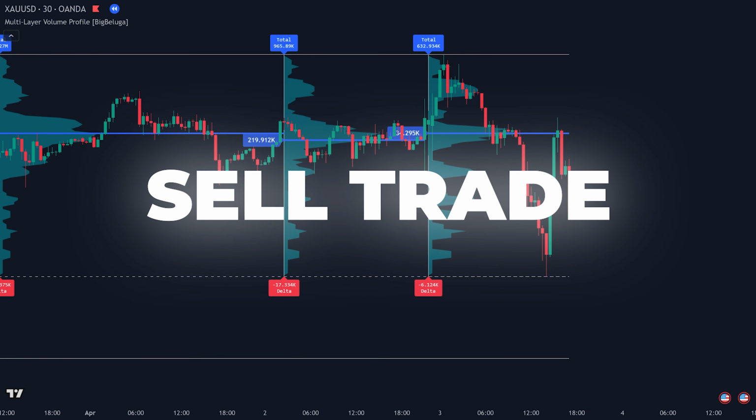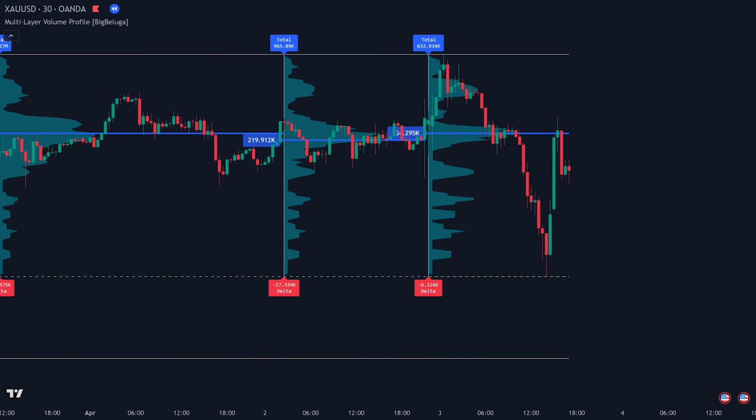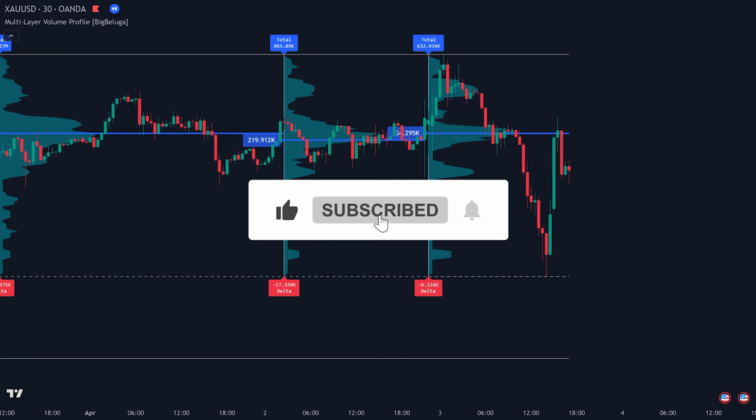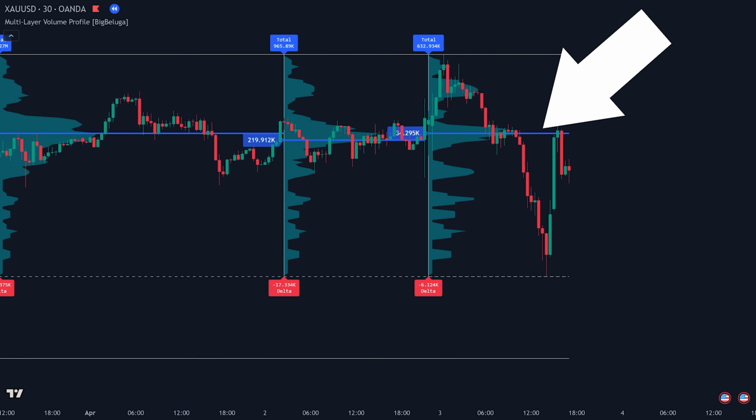Sell trade setup. This chart shows a clear bearish trend, and the multi-layer volume profile makes that weakness easy to spot. Look at the delta label at the bottom of the latest profile. It's bright red, telling us sellers are in control. At the same moment, the thick blue point of control line now sits just above price, marking a likely resistance